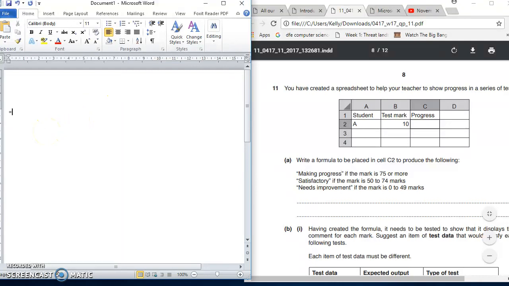So equals IF, open the brackets, so student A, that doesn't matter, we're looking at the test mark. Don't write 10, you write the cell reference. So the cell reference is B2. So if B2 is greater than, no, the mark is 75 or more, so greater than or equal to 75,